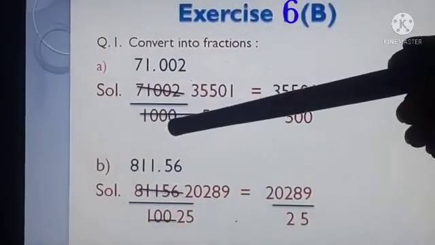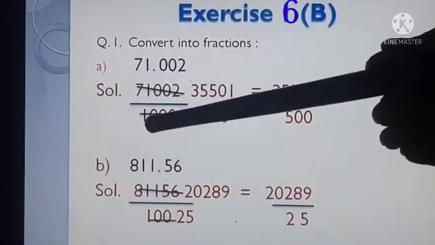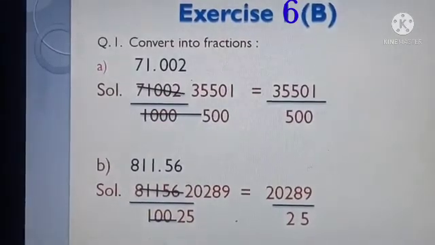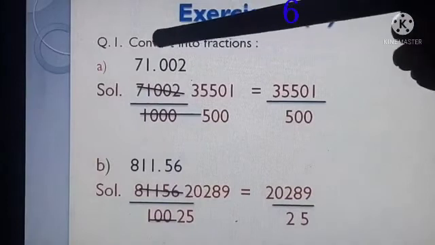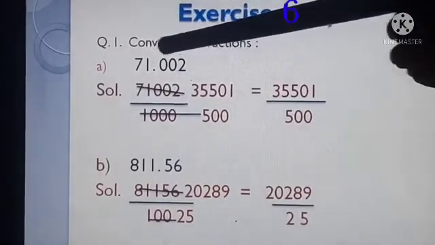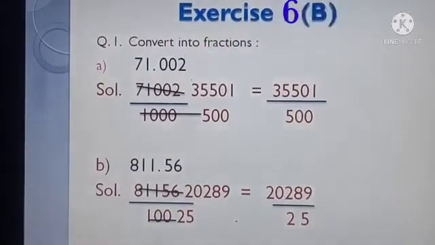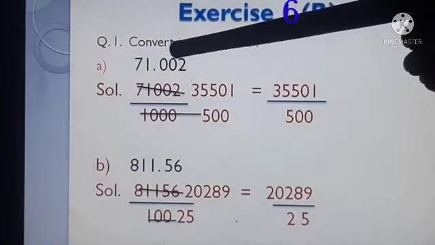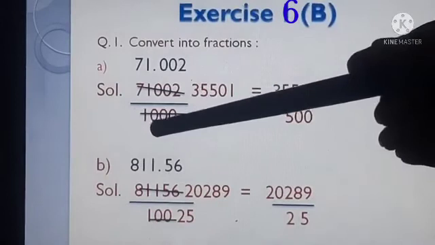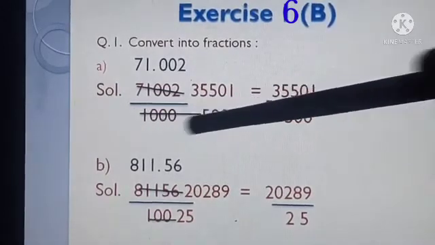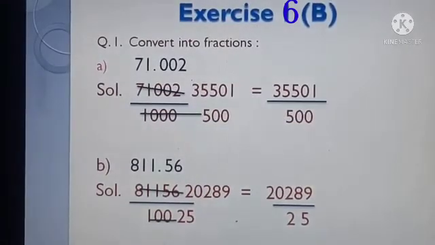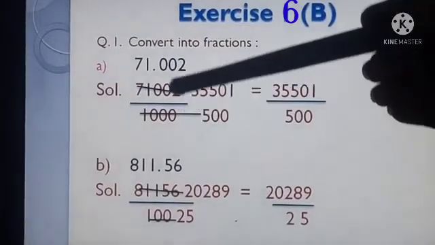Below the bar we will write down the denominator. First of all we will write 1 in the denominator. And now how many zeros will be there in the denominator? This can be found out by checking the number of digits after the decimal in the question. After the decimal there are 3 digits, 0, 0 and 2. So we will write 3 zeros after 1 in the denominator. So our fraction will become